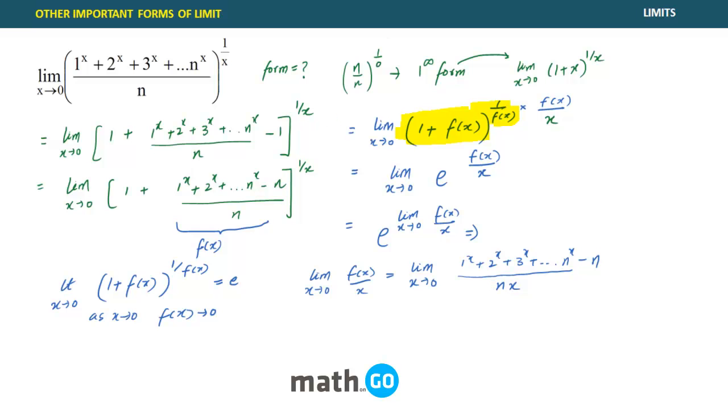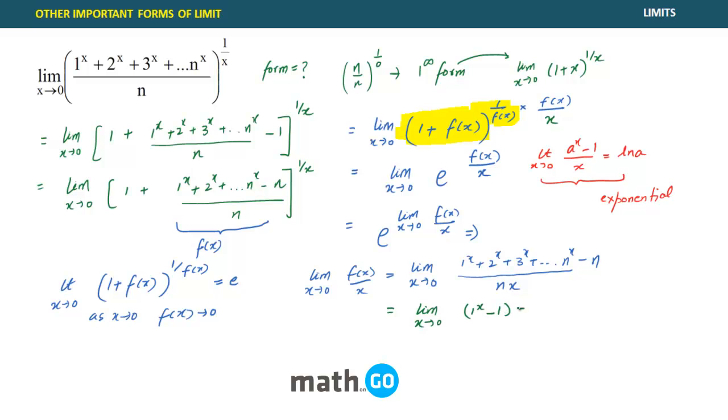We know a formula, that is (a^x minus 1) upon x is ln a when x tends towards 0. Remember, we did this for the exponential functions. This is what we're going to use in this particular case. How we are going to use it, let's see. So this becomes nothing but limit x approaching 0, (1^x minus 1)